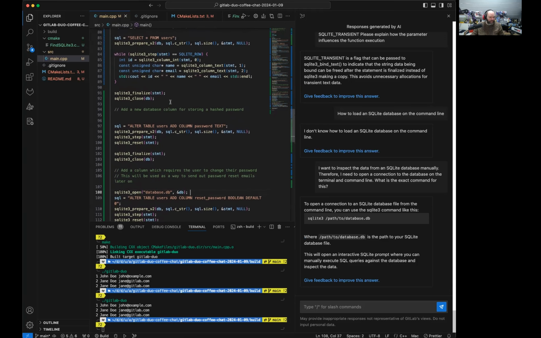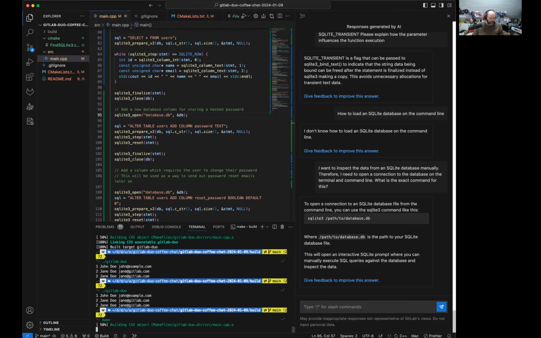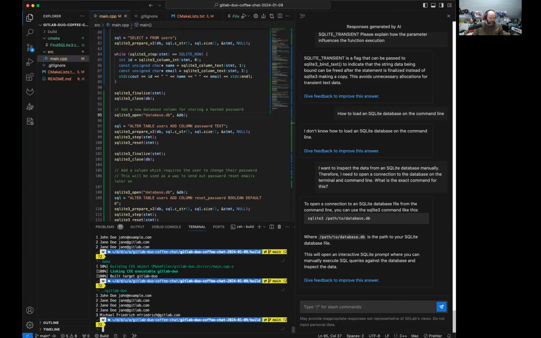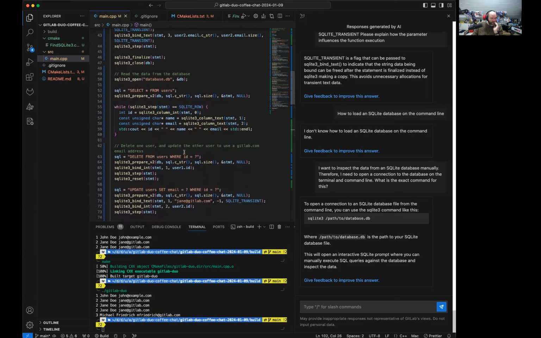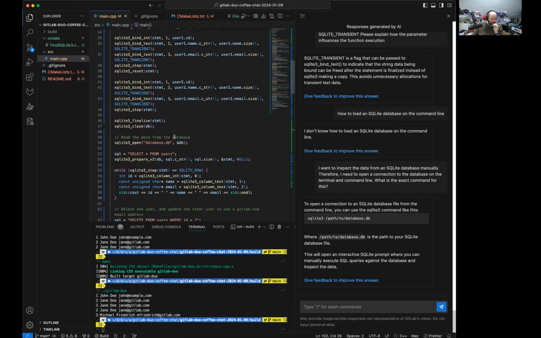So there is error handling missing, definitely. But we can try to fix that now. Now that we have a database connection every time, it makes sense. But the code is not great because it doesn't check whether